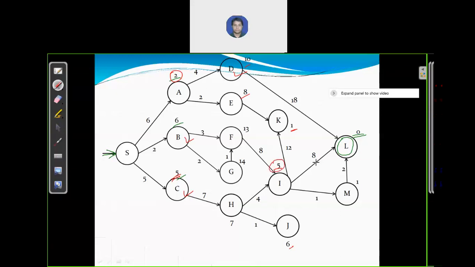From I, we can reach M and L. M's heuristic value is 1 and L's heuristic value is 0.